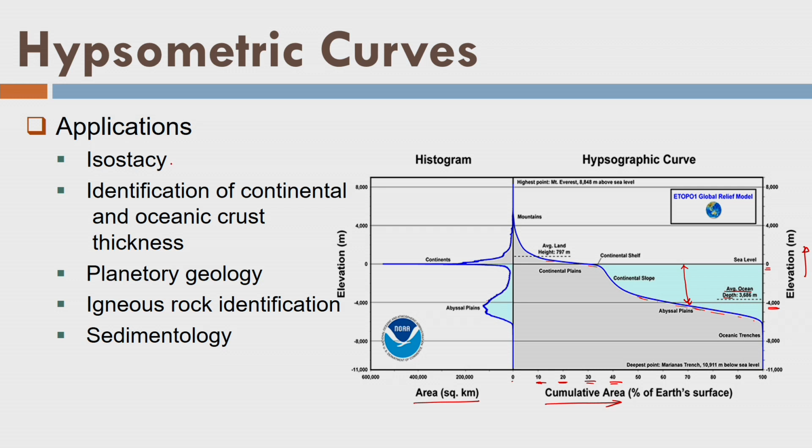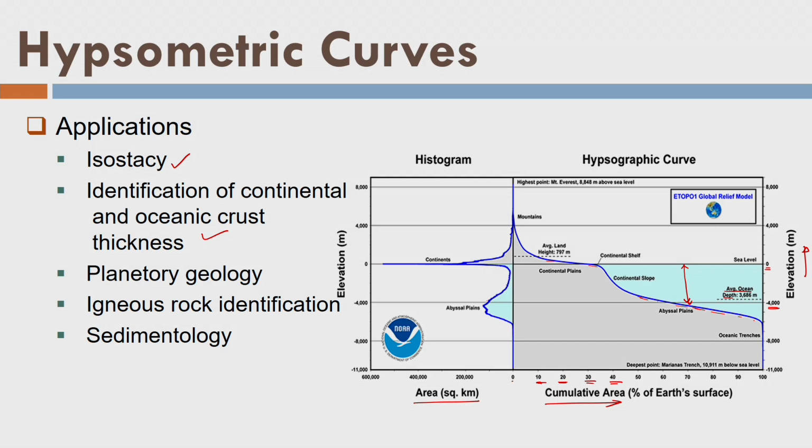And what are these applications, like isostasy, continental and ocean crust? Basically they are related to the geological studies, but they also come from the hydrographic data, and that is why we say that we have two products, one is the nautical chart and the other is the hypsometric curve. So, with this we say that we are now close to the end of our lecture 1, the introduction and the fundamental concepts of a hydrographic survey.